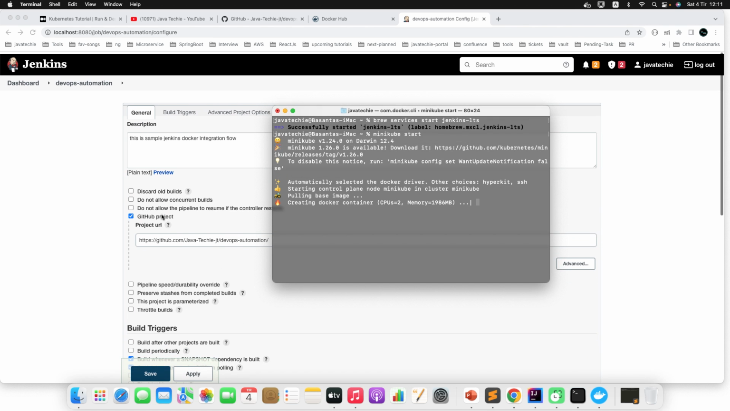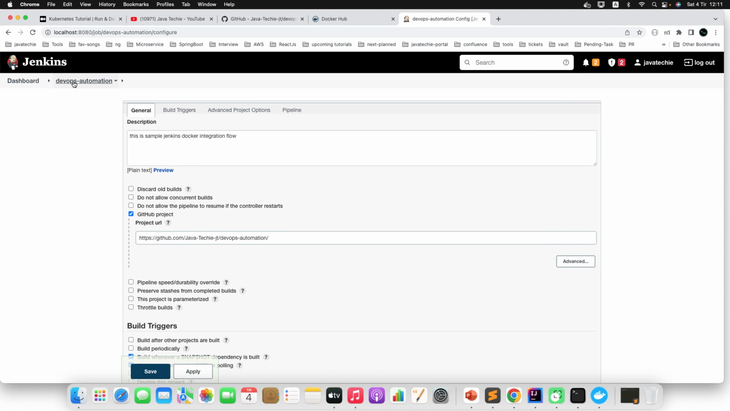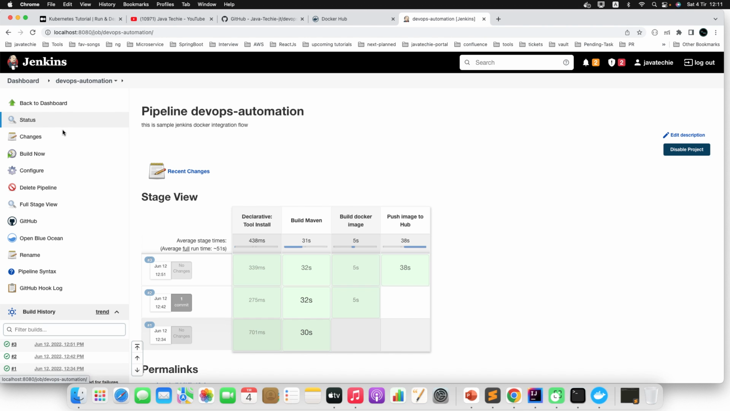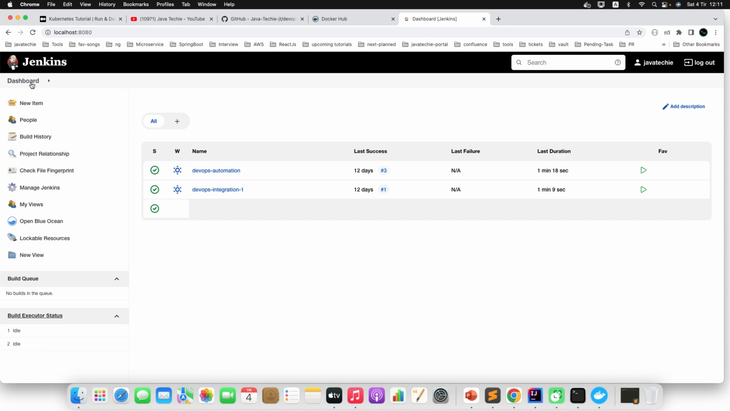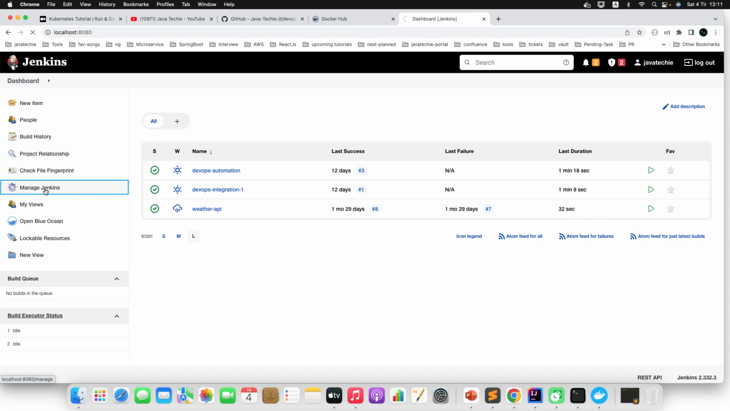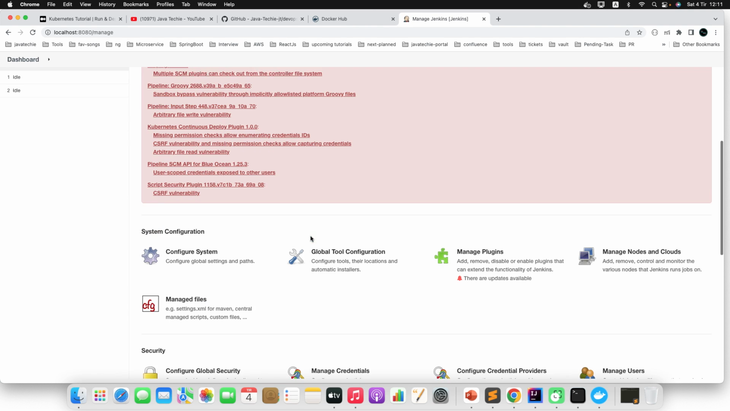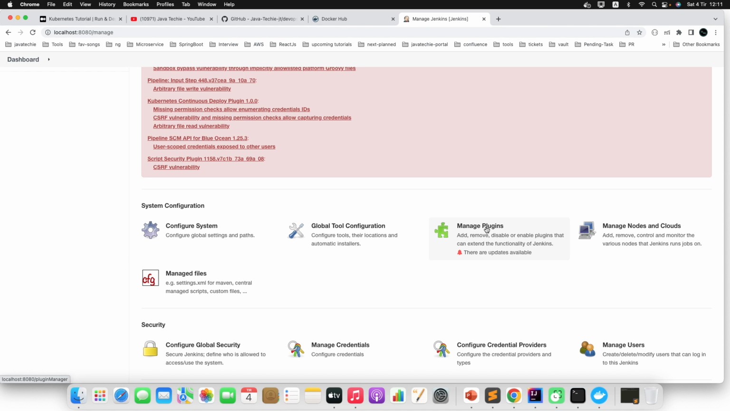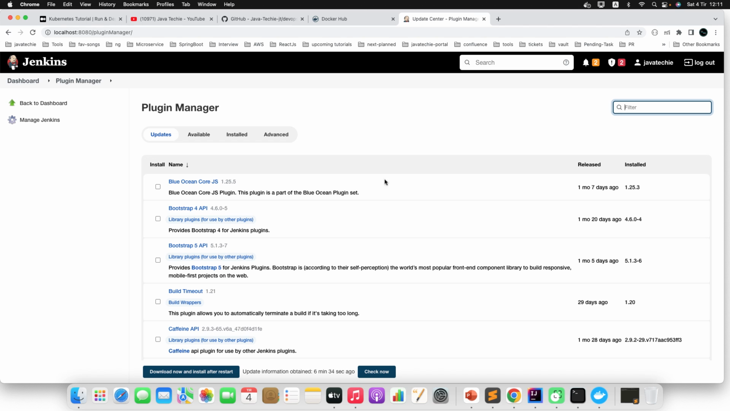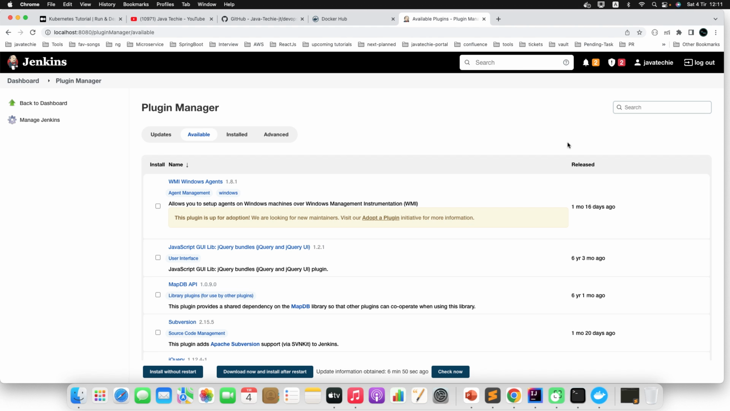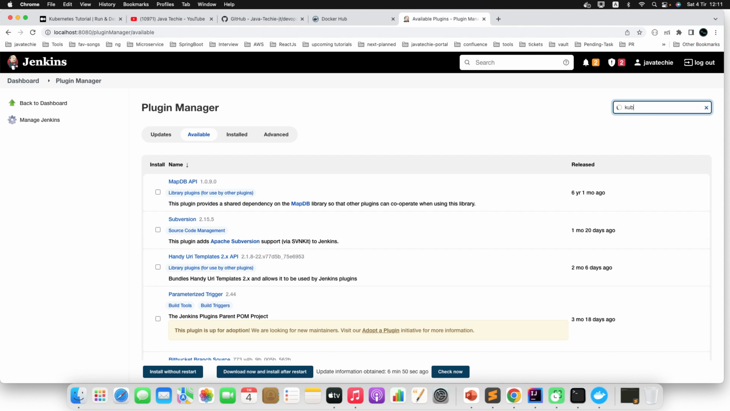So what we'll do, we'll go to the project DevOps automation, or I'll go to the dashboard. Then there is something called Manage Jenkins. Okay, just click on that. Then there is an option called Manage Plugins. Okay, just click on that. Then go to Available and search here for Kubernetes